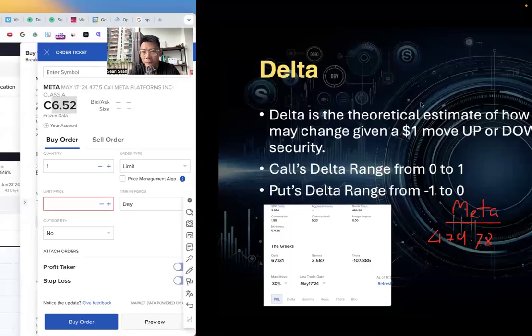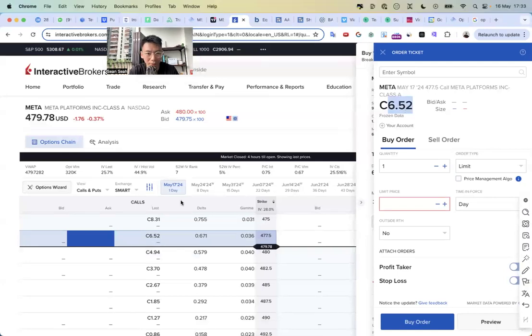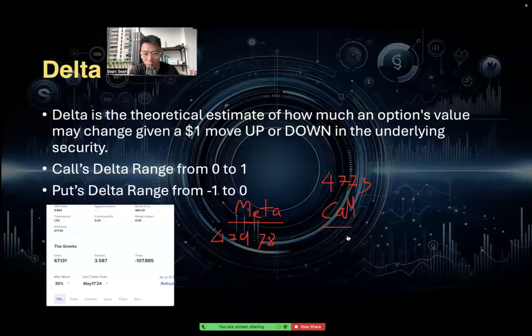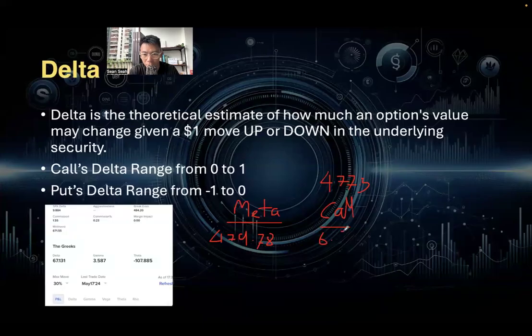The premium is 6.52. This is the last transacted premium, 6.52. Now, we can see that the delta is 0.671. If you multiply by 100, it's 67.1. So what it means is this: if Meta's price increases by $1, which means that it becomes 480.78, exactly increased by $1,